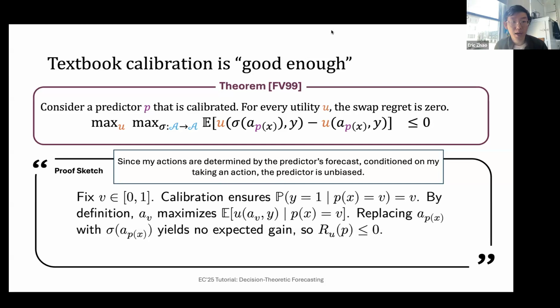One thing I will say is that when we start to talk about approximate calibration and bounded swap regret, like epsilon, rather than zero, then you have to limit the scale of u. The range has to be bounded in [0, 1], but the way it's written here, there's really no constraints on how we're defining the utility.